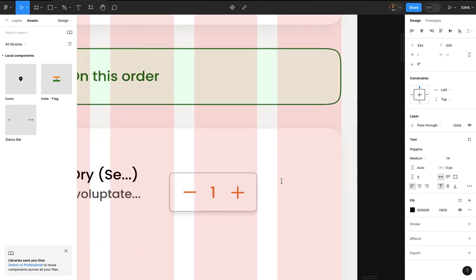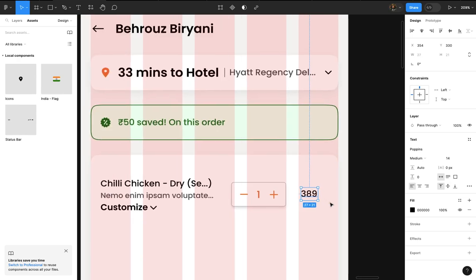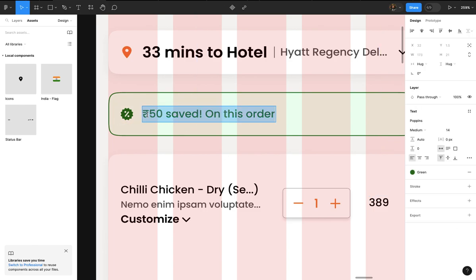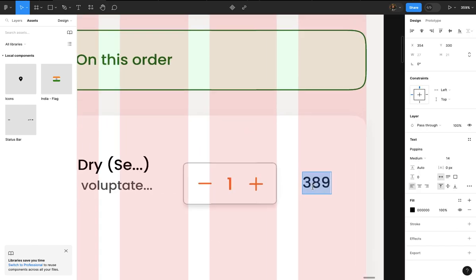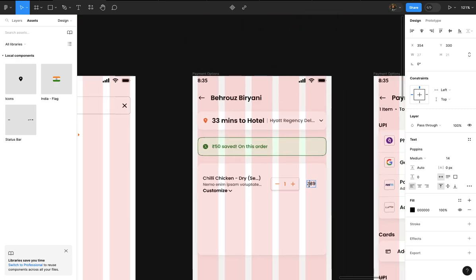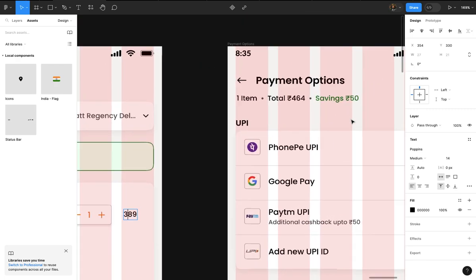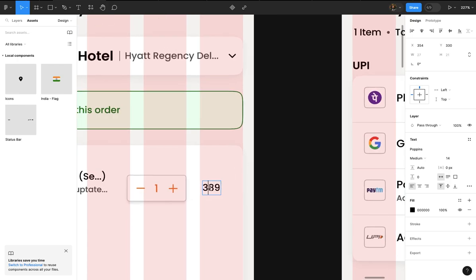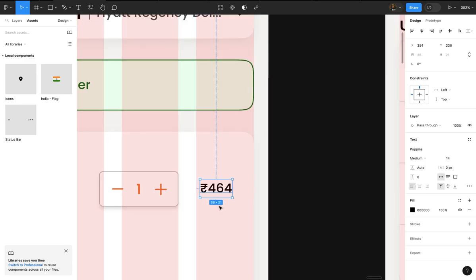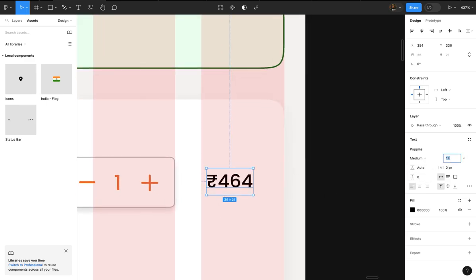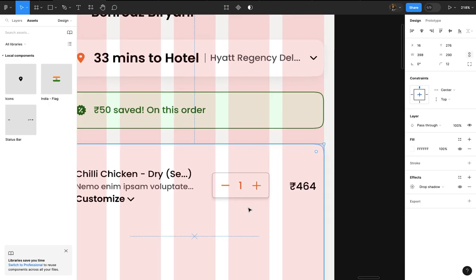Now 389. Okay, what is the total amount? 464. Yeah, whatever, 464, 389. Here will be total amount. Okay, command V and change to 16. Okay, now